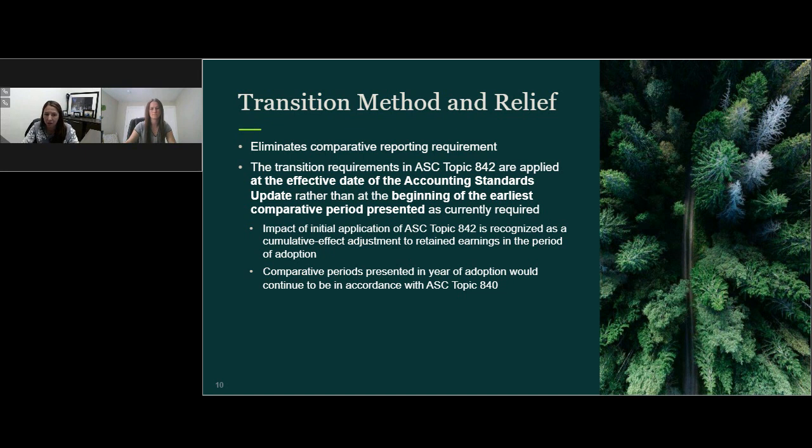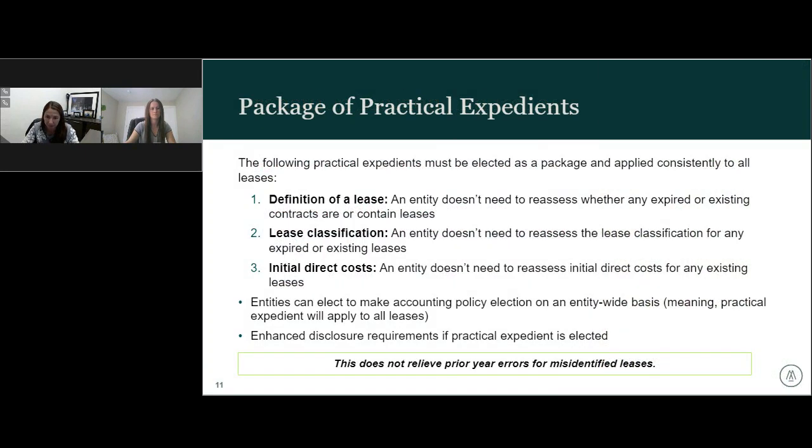They also allowed for certain practical expedients within the standard to make it easier for adoption. These really fall into a few different packages, but we're going to talk first about this package of 3. And the reason we're going to call it the package of 3 practical expedients is because you have to adopt all 3. You cannot adopt just one of them to get any of them. So it's an all or nothing package. And really the 3 practical expedients